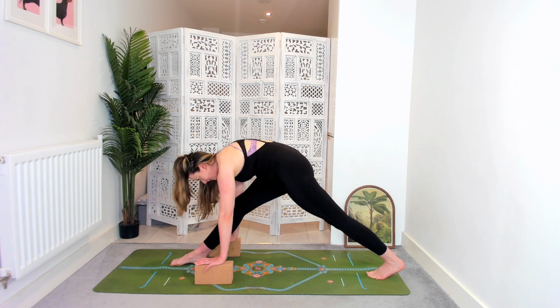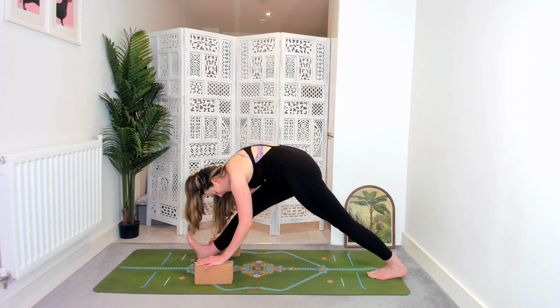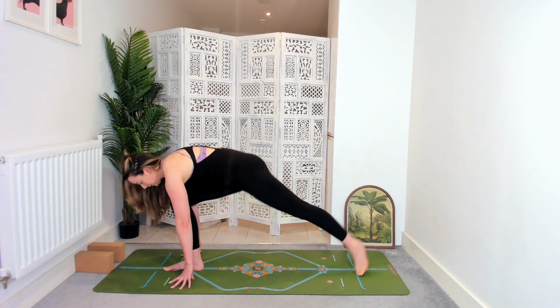Nice, so really working into the hamstring here, getting it nice and warm. Maybe flexing the right toes up towards the face. And maybe sinking a little bit deeper into the fold. Nice. From here, rebending into the front knee, moving your props aside,